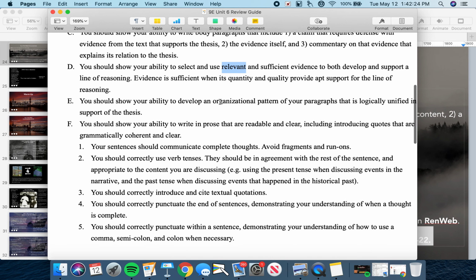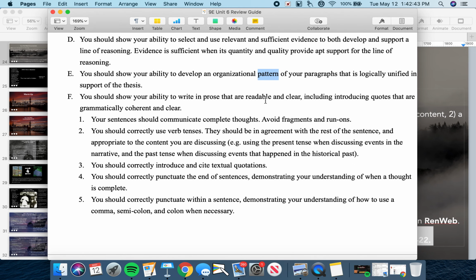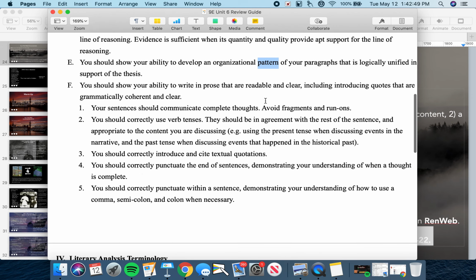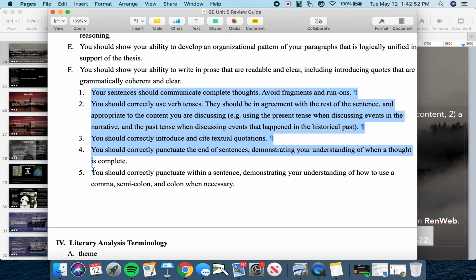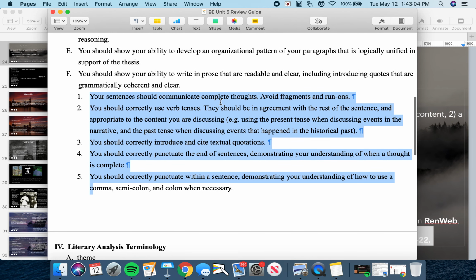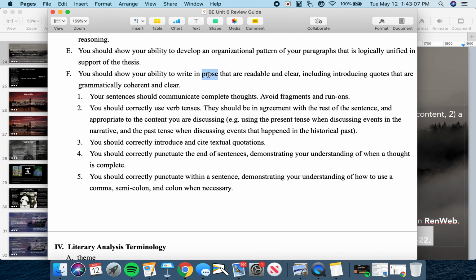You also need to develop an organizational pattern that is logically unified in support of the thesis. The College Board calls this a coherent line of reasoning, in which every portion of your analysis is logically linked back to your interpretive thesis statement. So again, college-ready writing, hugely important for you to be good at organizing your thoughts coherently under your thesis statement. And then finally, think through each of these five elements of English language conventions that help make your writing clear, concise, easy to read, so that you're introducing quotes effectively, your prose is readable and clear,